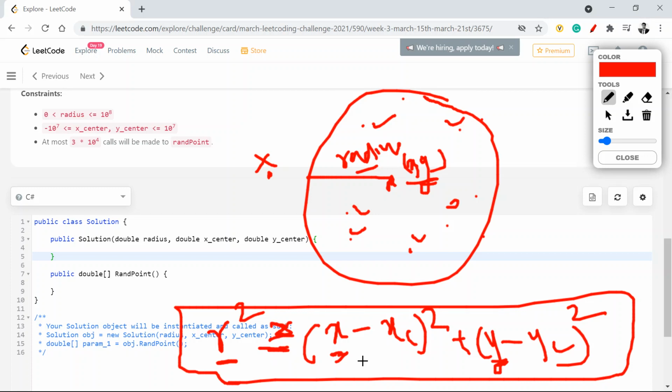What I'm trying to say is any point which I find, if I apply this formula, should always be less than or equal to the radius square. If it is not the case, that means it's outside the circle. Once I apply my random attribute and do manipulation on top of it, we'll use this formula to calculate whether the given point I just calculated is a valid point or an incorrect point.